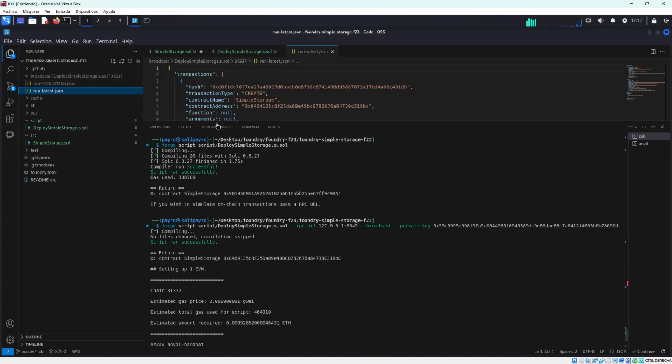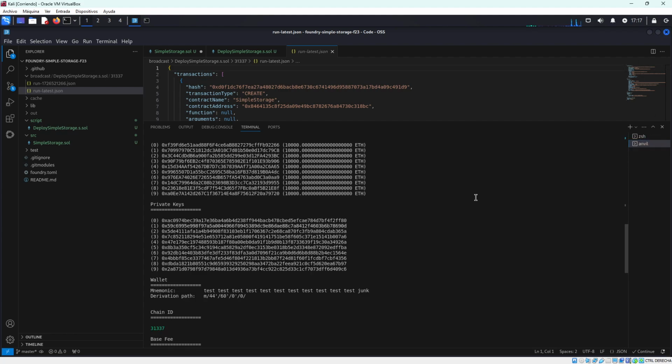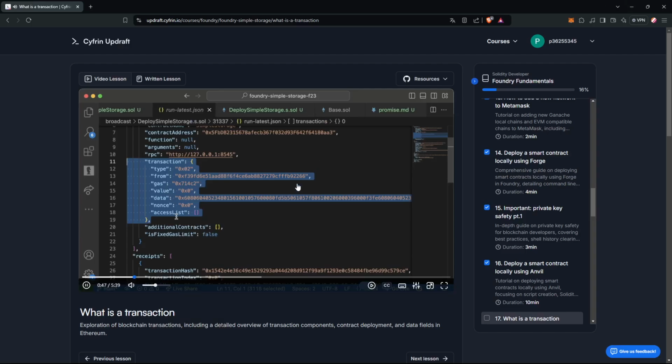This transaction section is actually what is getting sent on the chain. When we do forge script or forge create, this is the transaction that we send to that RPC URL, right? This is the API data. If you're familiar with HTTPS post,